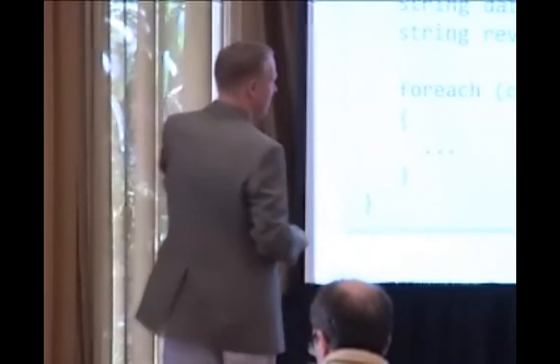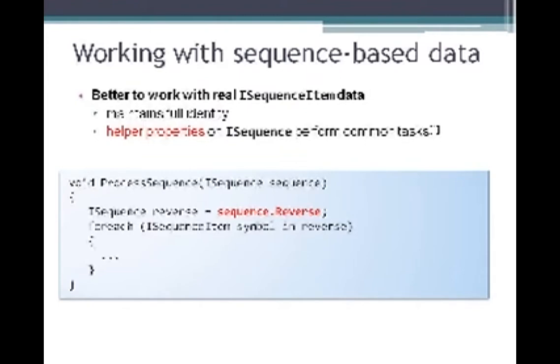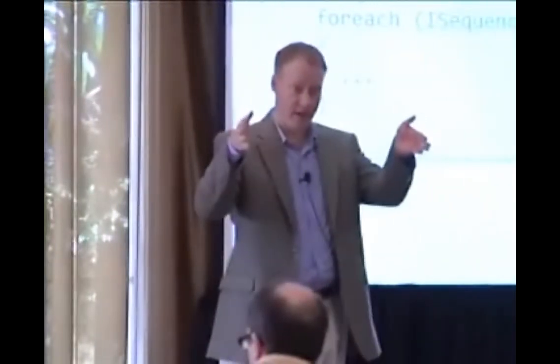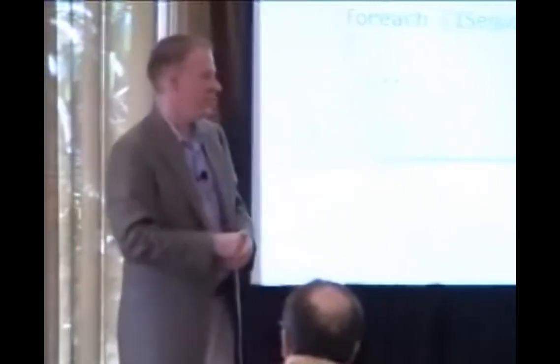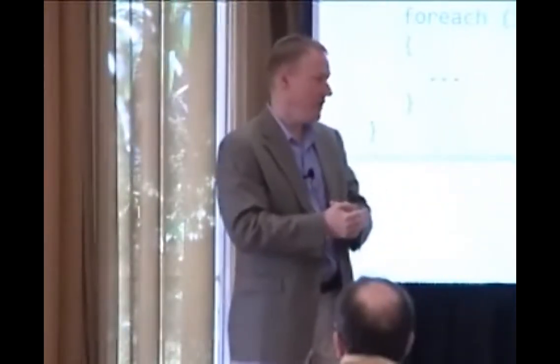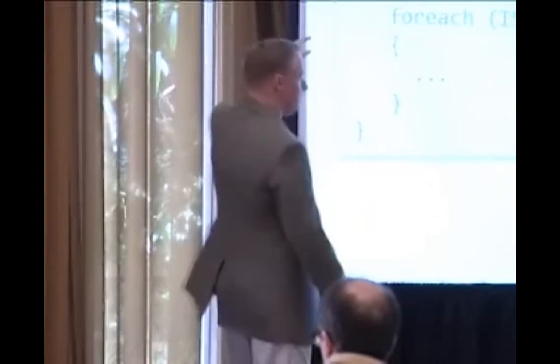So this can be somewhat inefficient if we're dealing with larger sequences. And so instead, what you may want to do, if, for example, we just simply wanted to reverse the sequence, there are specific properties on ISequence itself that are intended to do some of the more common operations that you might do, particularly for alignment, where maybe I've got a set of sequences that I'm attempting to align by hand, and I look at the sequence and I go, well, maybe what happened is somehow the data was reversed when it came off the sequencer. And so I can take a section and say, just reverse this sequence for me, and it will flip it end to end. Okay? And so reverse will return me essentially what is the reversed sequence for this.